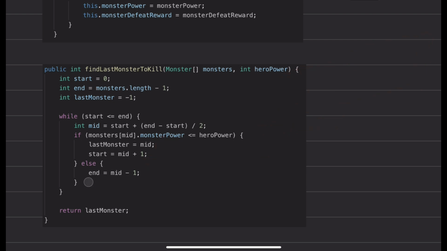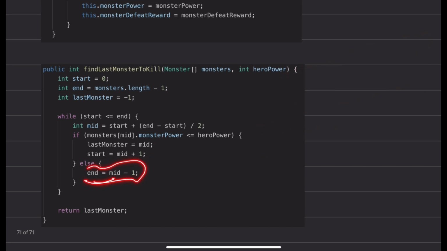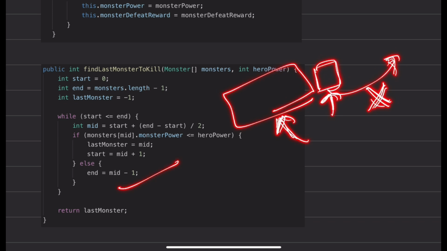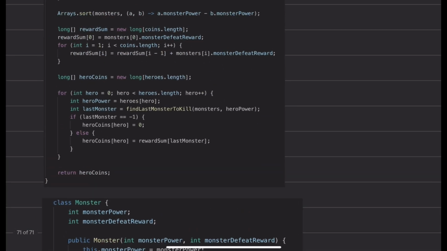This is just the end pointer. This end pointer is decremented when I am not able to defeat this monster. Then obviously I won't be able to defeat any further monster, so this search space will be reduced. I'll just need to search over this part. That's how I'm storing the last monster. So once I have this last monster,